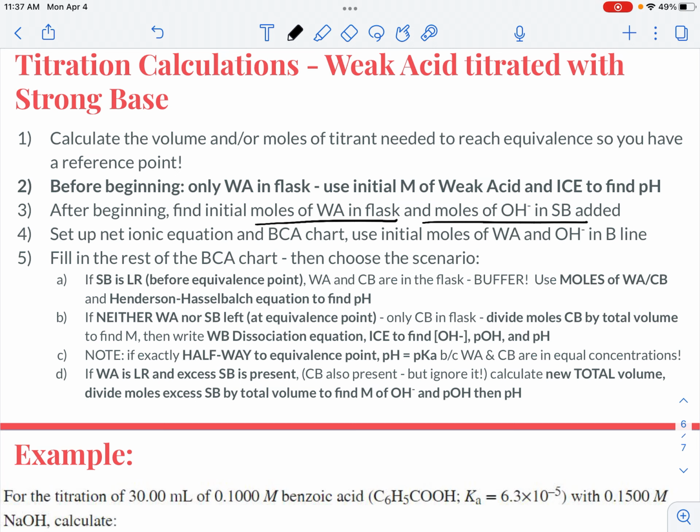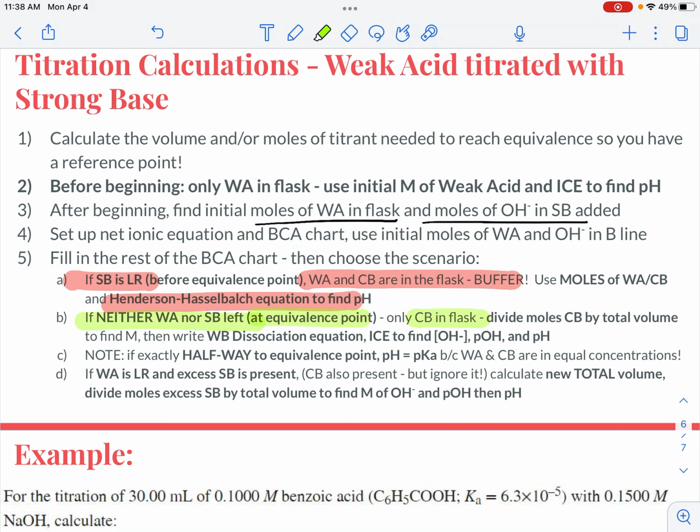So for the rest of this, you have to picture what's happening. If the strong base is the limiting reactant, then you have a buffer. You have your weak acid and your conjugate base in the flask, and you're going to use the moles of both because you don't need molarity if you're using Henderson-Hasselbalch, and it's faster to use moles, and use Henderson-Hasselbalch to find the pH. Okay? If you are at equivalence and neither the weak acid or the strong base is left,